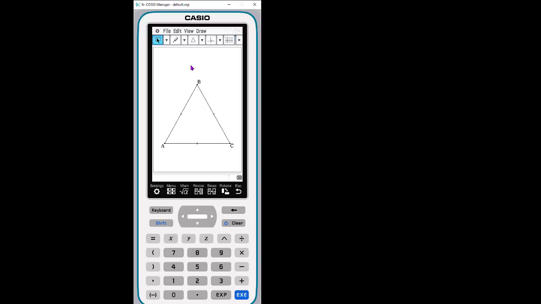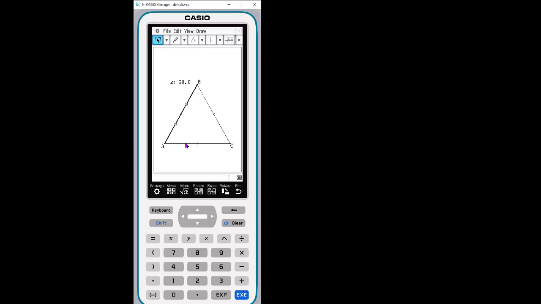So let's quickly review how to measure angles and sides. It's very simple in this. This is a full-on geometry tool. To measure angles, you select the sides of the angle. Notice that as I select something, it's highlighted. I go up to Draw and choose Measurement, and Angle is one of my options. And there is the angle measurement for that angle. I can move this on the screen with finger or stylus, so I can move it next to what it represents.